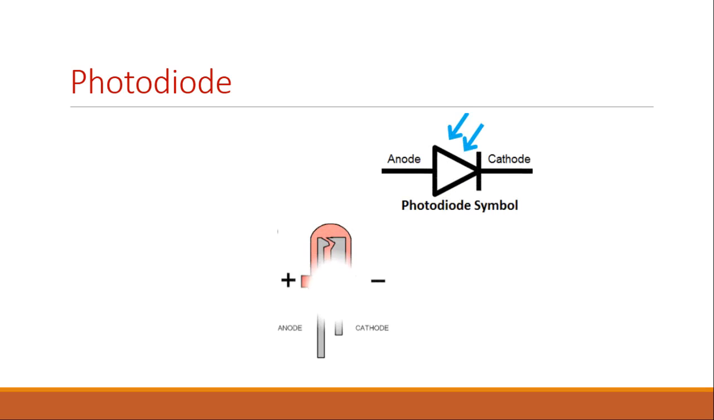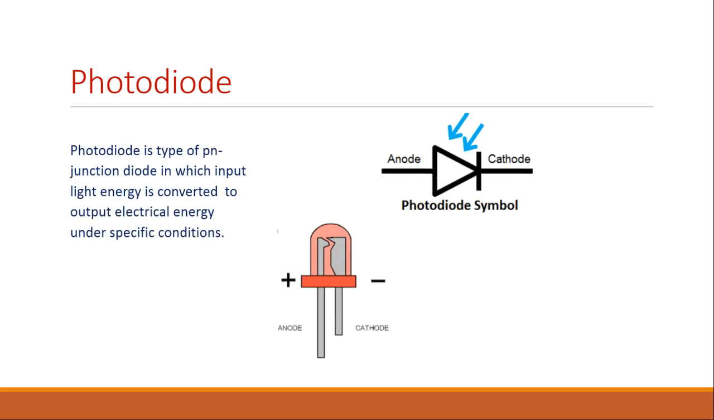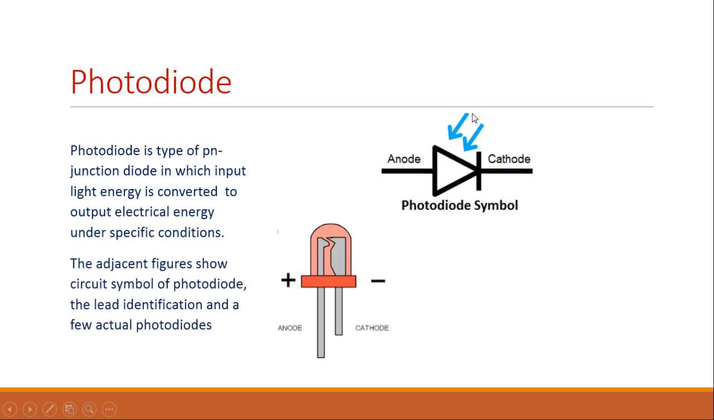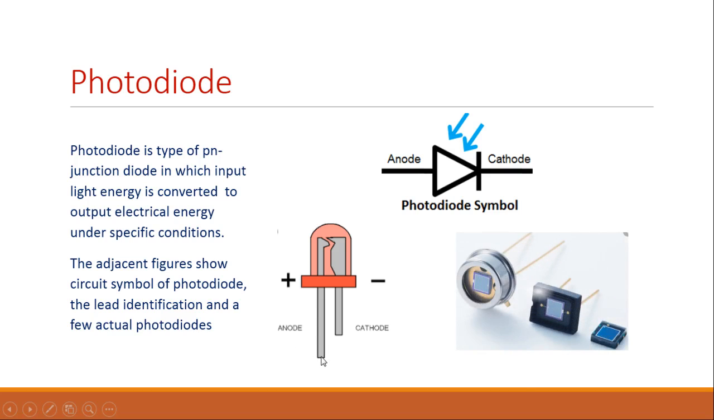Photodiode is another type of diode. Photodiode is a diode in which input light energy is converted to output electrical energy under specific conditions. So, here you can see the circuit symbol of a photodiode. In the circuit symbol you can see two arrows directed inward. So, keep this in mind, the circuit symbols are different for each type of PN junction diode. Here the lead identification is also shown. The longer one is anode, the shorter one is cathode,